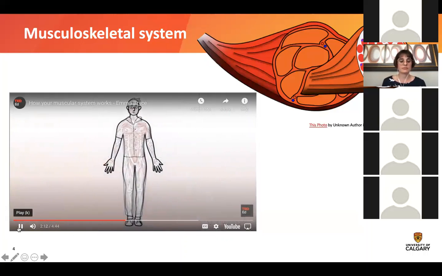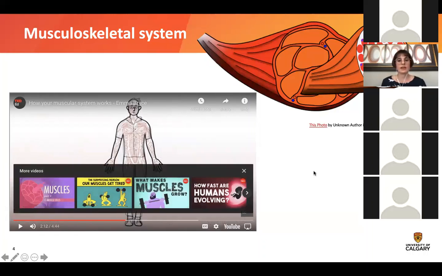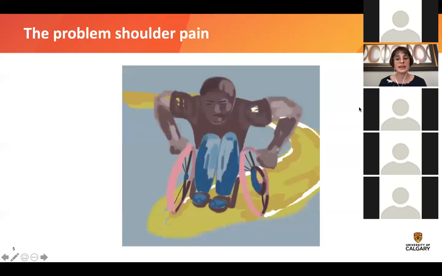So we have the musculoskeletal system, and I'm really interested in how we can strengthen the system so we can prevent injury, and so that we can have more people being active in a responsible way, and also how we can know when we're overloading and when we're at risk for injuries. And to study all of this, I went on to do my PhD in Switzerland, where I worked with wheelchair